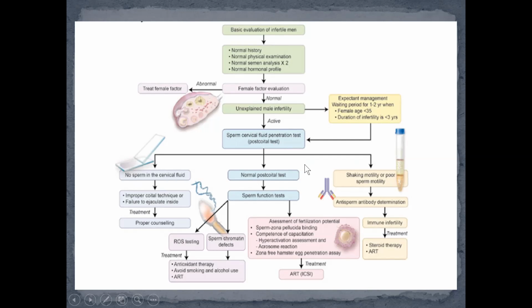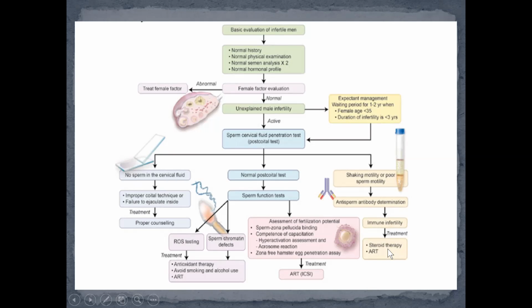In parallel, we assess sperm motility. We determine anti-sperm antibodies, and if they exist, we make the diagnosis of immune infertility,